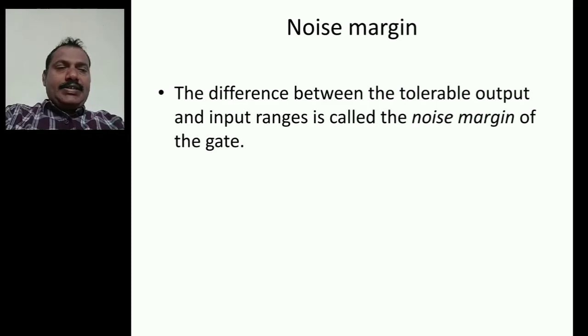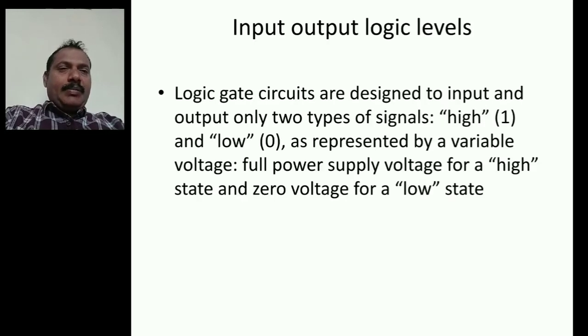Next, let us see noise margin. The difference between the tolerable output and the input ranges is called the noise margin of the gate. So let us see the magnitude calculation. Input output